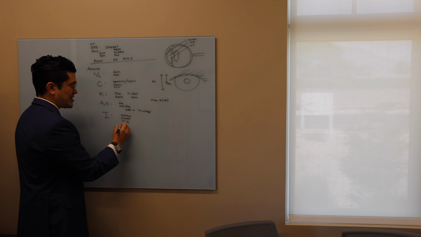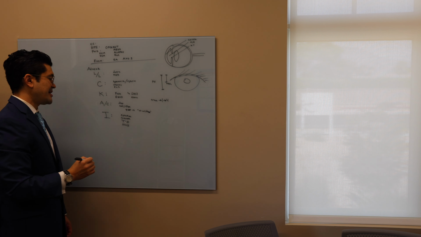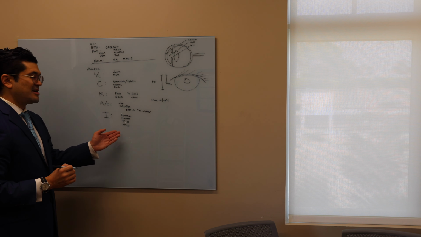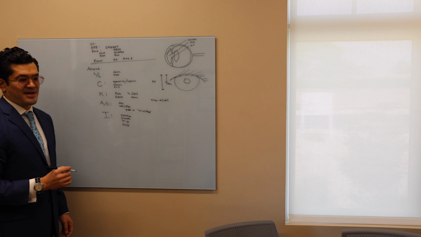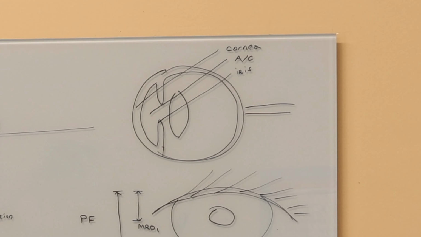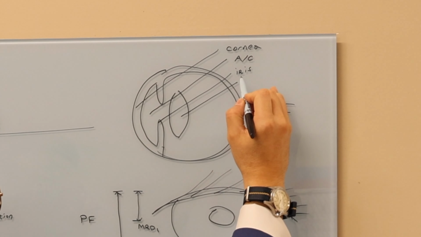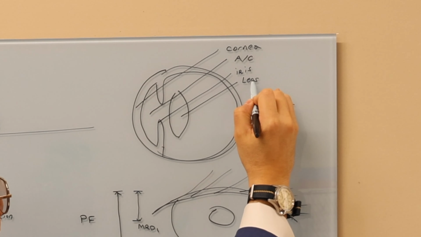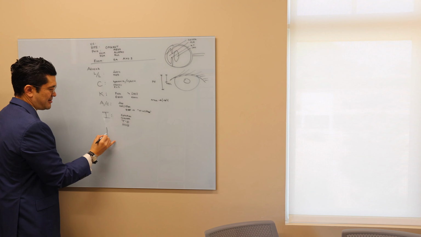One more thing that we'll talk about later on a different lecture is NVI. This is neovascularization of the iris. So we'll be talking a little bit more about that on the diabetic lecture. So that rounds out the front. We're going to go now to the best part, which is the lens right here. So the lens is going to be RL,